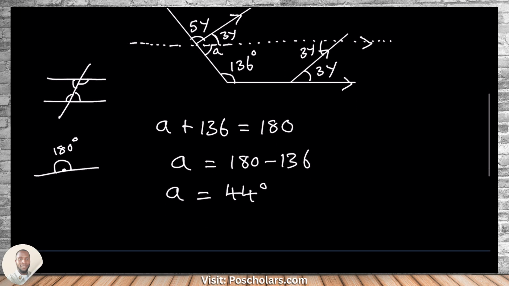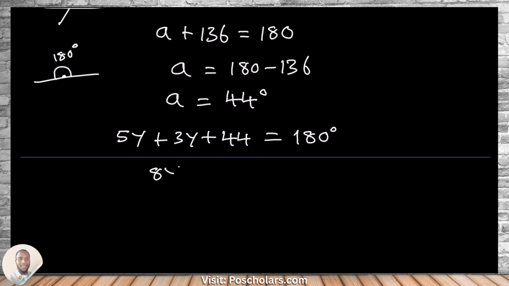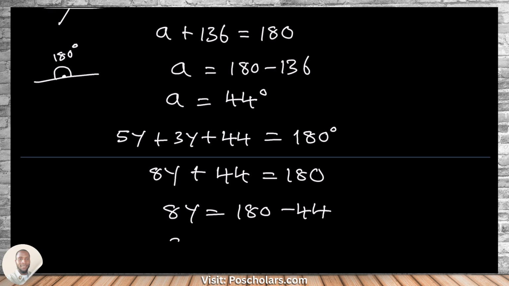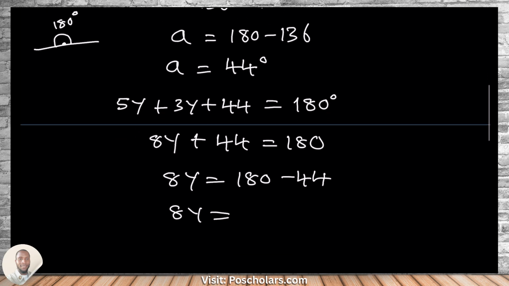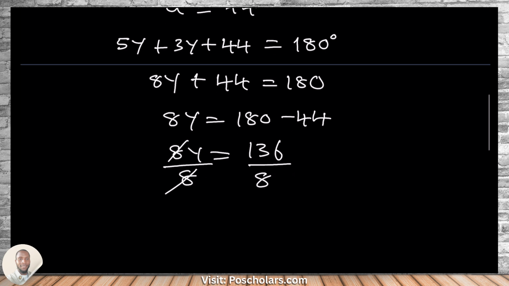So now it becomes 5y plus 3y plus 44. We already know that A is 44, equals 180 degrees, right? So let's simplify. 5y plus 3y gives 8y, plus 44 equals 180 degrees. Now we subtract 44 from both sides. When you do that, you have that 8y is equal to 180 minus 44, which gives 136 degrees. Then you divide both sides by 8. 8 cancels 8. Therefore, you have that y is equal to 136 divided by 8, which gives